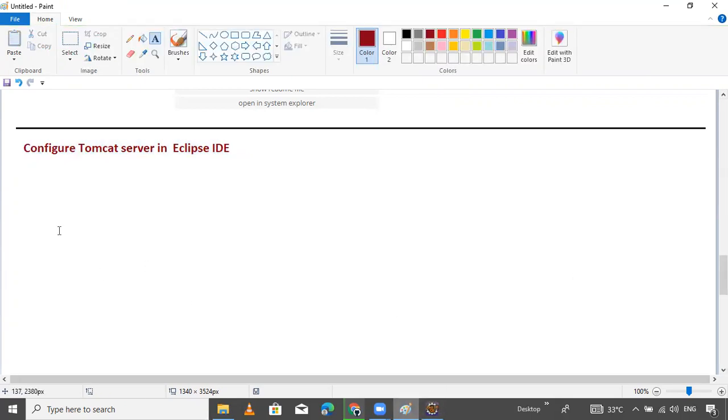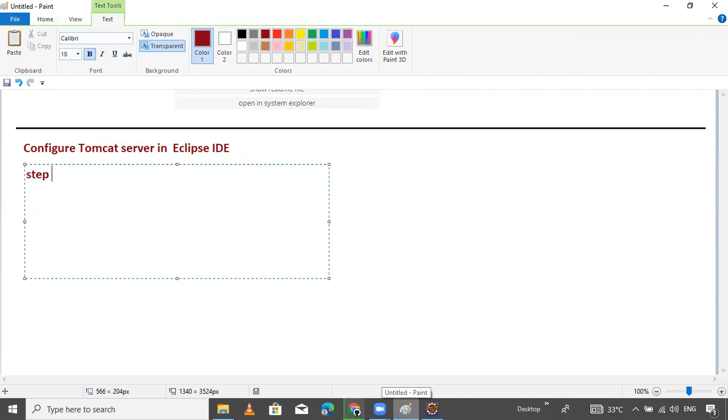Step one: open Eclipse. And next, go into the Window section and check the Server option.